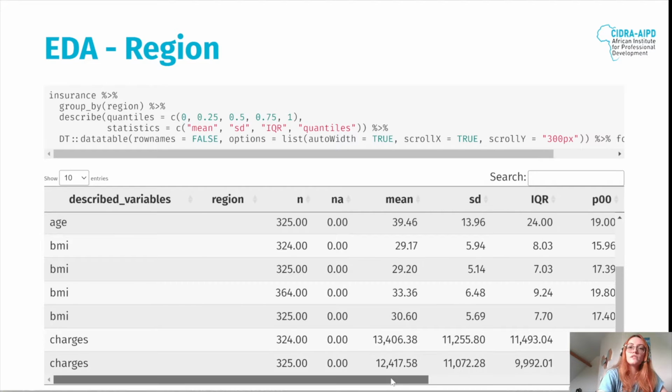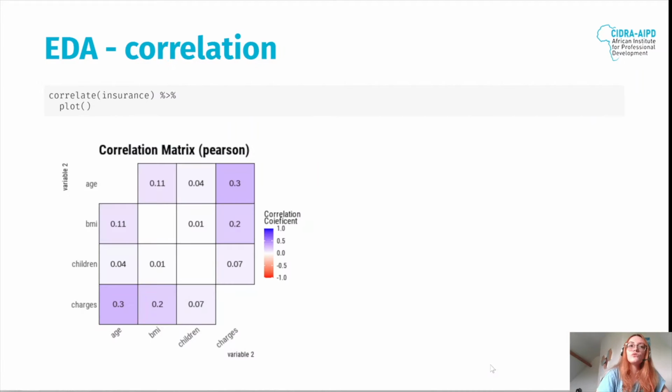Once I've done all the descriptive analysis, I decided to do a correlation of all the variables, just to understand if there are variables that are highly correlated between them, and then I would remove those variables from my data. So we can see that none of the variables here are considered to be highly correlated. They're all pretty much around 0. The most correlated ones are charges and age, which kind of makes sense, right? We know that the older people get, the more expensive the charges of